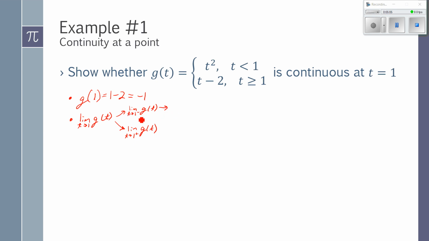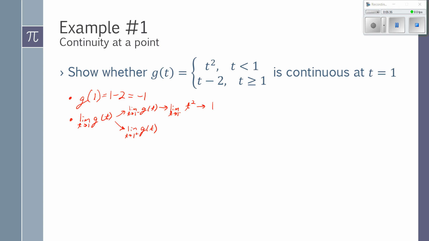So if I'm approaching from the left, my t values are smaller than 1. So since the t values are smaller than 1, I'm using the piece t squared. And I can now just plug 1 in and use substitution, and that's 1. Well, already I see an issue. I can see that at best, my two-sided limit is going to be 1, which is not the same as